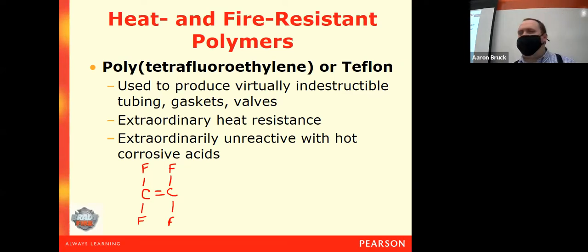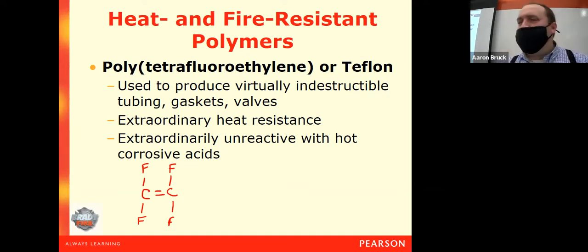Teflon has a lot of different kinds of uses. On its own, it's pretty tough to break Teflon. If I have a solid material of Teflon, it's pretty hard to destroy it. So it makes good applications for certain types of tubing or gaskets or valves. Upside with it is that they're not going to break down. Downside, it's a lot more expensive than rubber, which is what is usually used for tubing gaskets and, well, not so much for valves, but